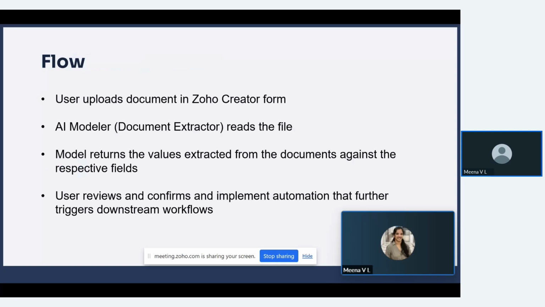So what would be the flow? The user will download the document from their email and upload it in a Zoho Creator form. Once they do that, the AI model that we are going to build in Zoho Creator is going to